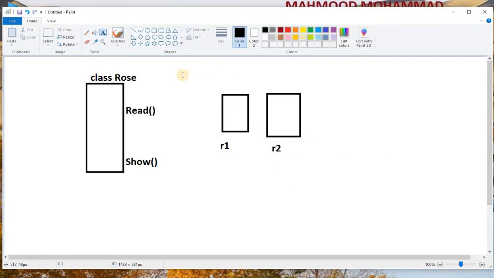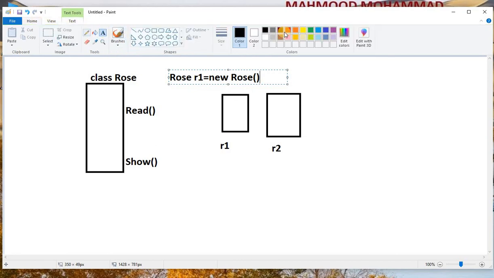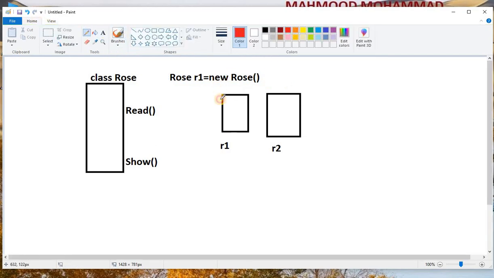You have already seen in the last program how to create an object. How to create an object? We say Rows r1 equal to new Rows. Here new is a keyword which allocates an object in memory and makes r1 available for this class. So whenever we say new Rows, a memory is automatically assigned and it is able to read all the data available in the class.